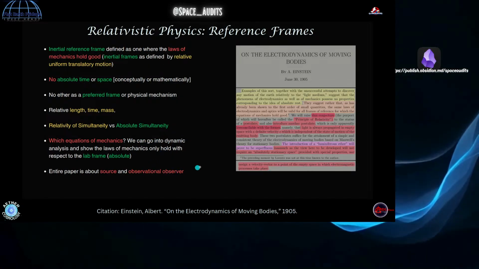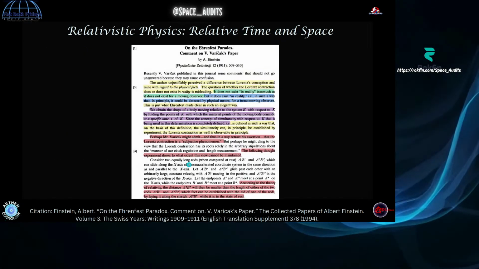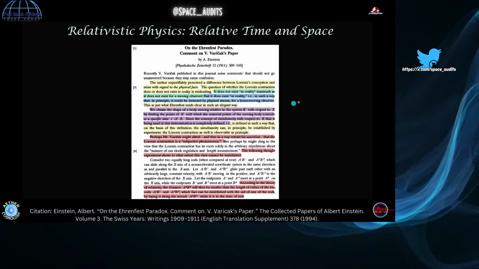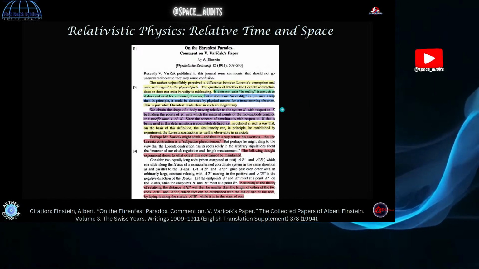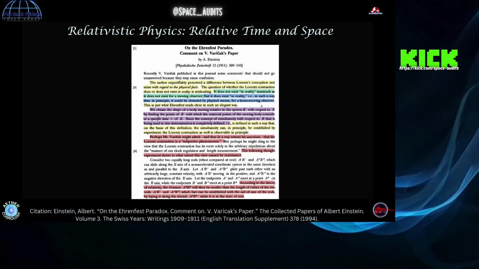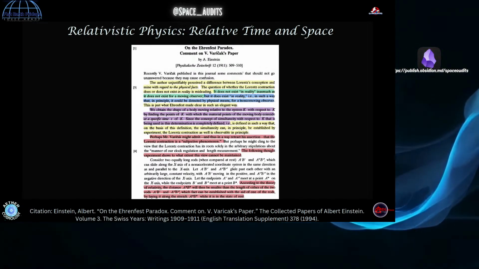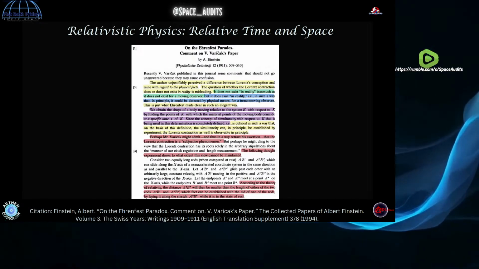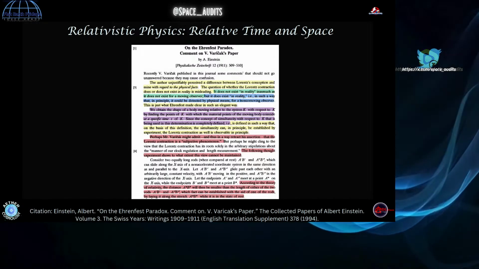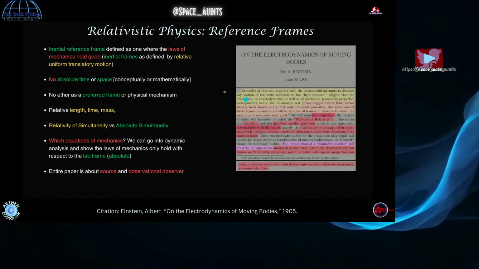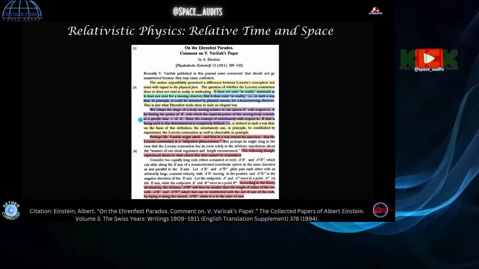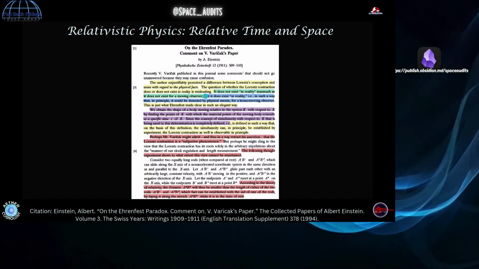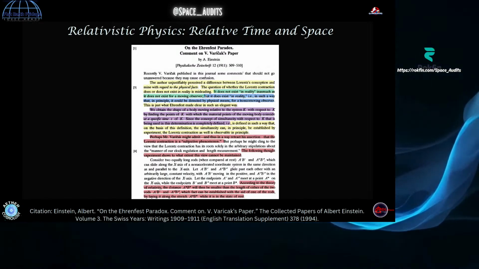So, no fictitious frames here. Observational reference frames. Always. All right. Some people will say that length contraction and time dilation aren't real effects, and they don't actually occur in the frame. This is not true. In 1911, Einstein had to go on the record and correct people, because if his definition of simultaneity is absolute, then these relativistic lengths, times, and masses can't change in a meaningful way.